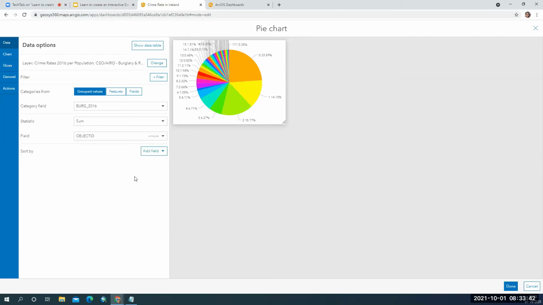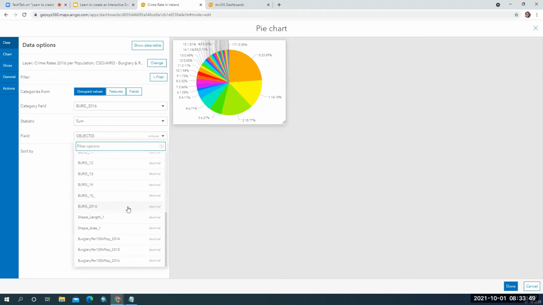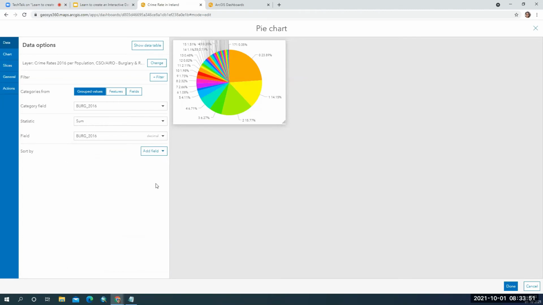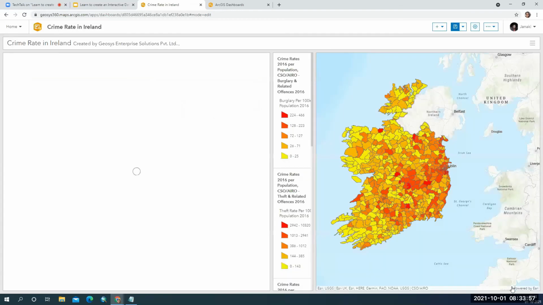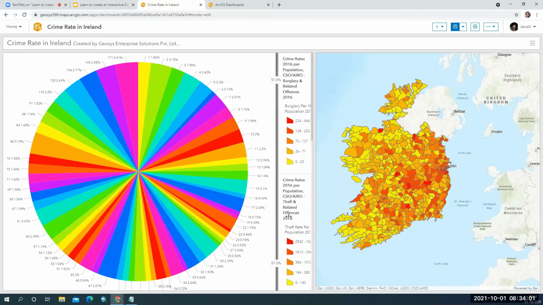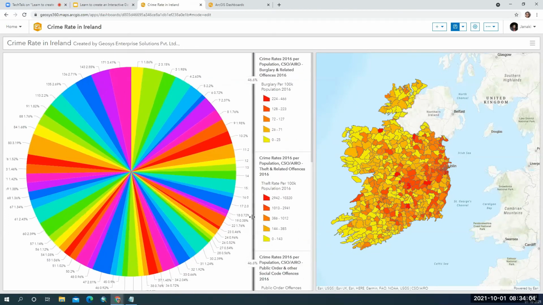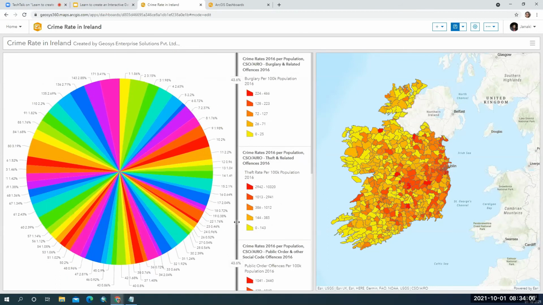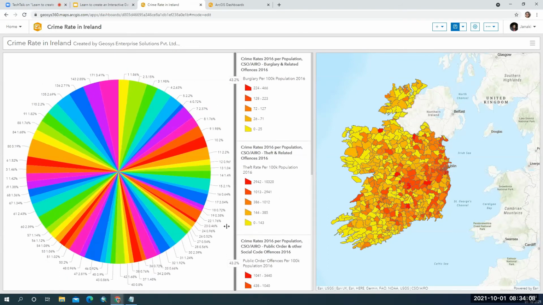I'm going to take this sum value and sort it by burglary 2016 only. Now I'm clicking on done. So this is how I have all this information with respect to the burglary rate in 2016.